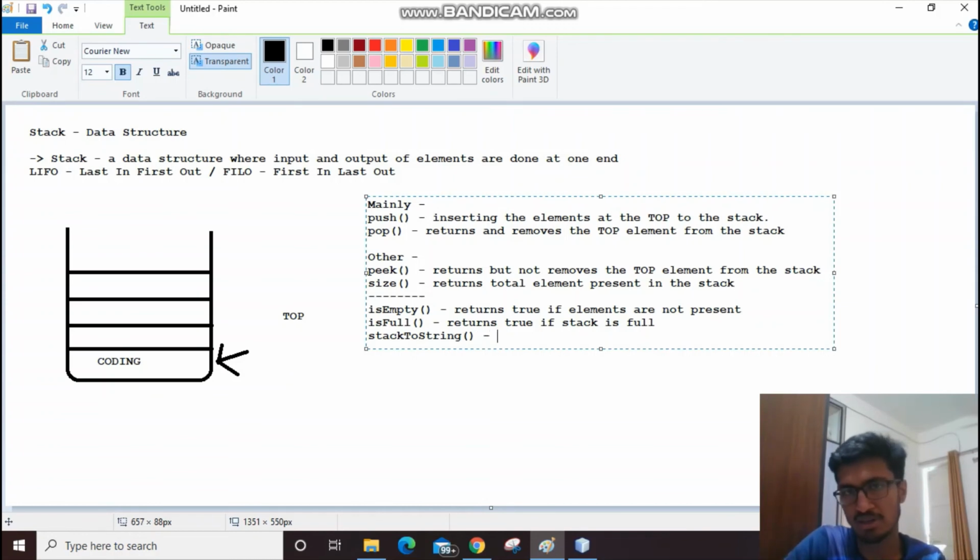You can implement the inherited method also, but I usually create my own. You can use toString also, that's also fine. But stackToString will return all the elements present in the stack.